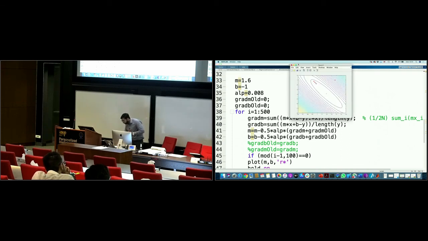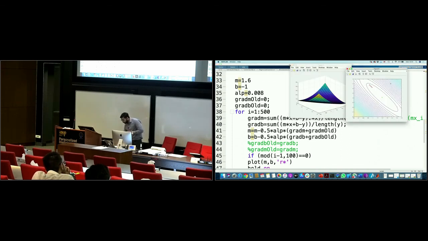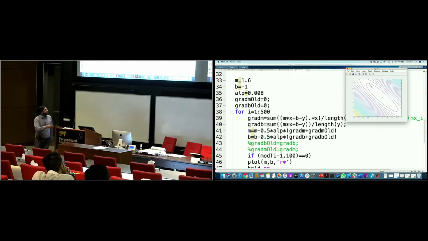Again, let me just tell you what I'm doing so that nothing is too fancy. This is just the gradient. I'm calculating the gradient with respect to m. Again, I have applied the chain rule to it. It's the derivative of (mx plus b minus y) whole square with respect to (mx plus b minus y), so this would be 2 times (mx plus b minus y). And then the derivative of (mx plus b minus y) with respect to m, which is x. So this is the derivative with respect to m.